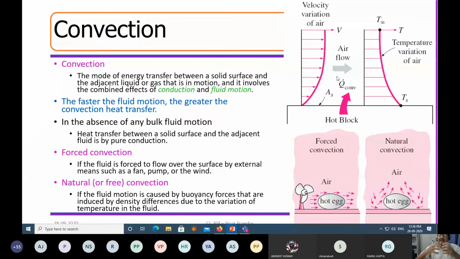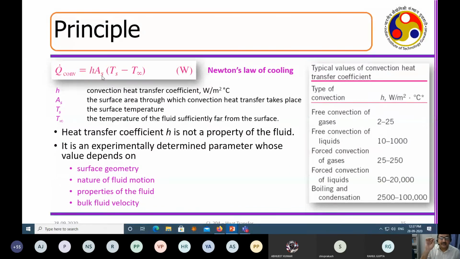Why? Because in gases and liquids, the particles are not very close to each other. So the effect of conduction in a liquid is much, much less than the effect of convection in the fluid and the effect of conduction in the solid. So in this layer, if the thermal conductivity of the fluid is K, and the thickness of this boundary layer is delta, this H is nothing but the thermal conductivity divided by delta, the thickness. So again, you can see that H is coming as a resistive parameter.